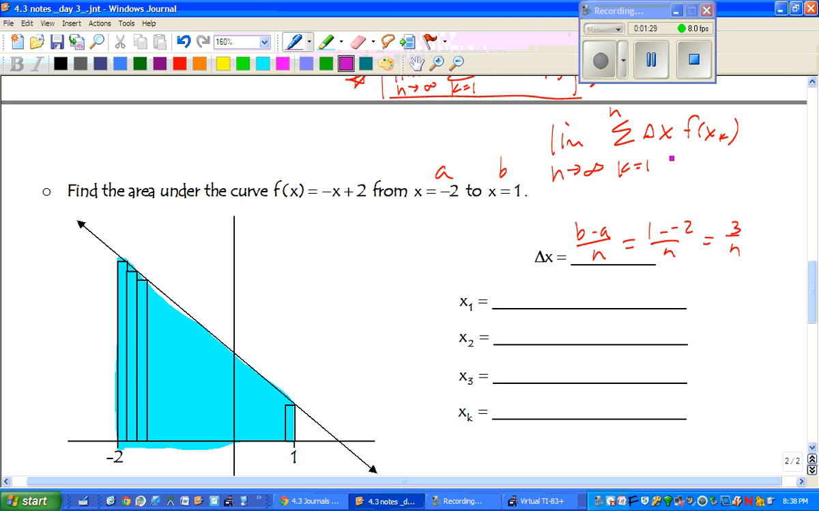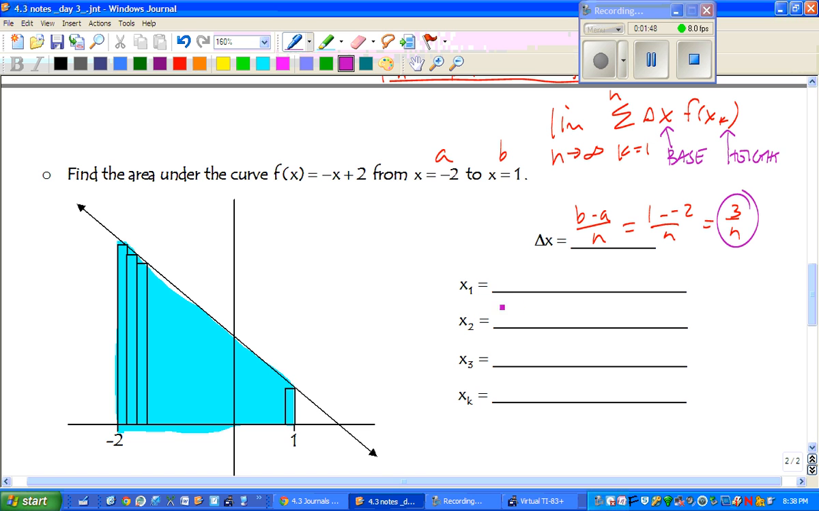Remember, all that is our base. And the f of x sub k is our height. Right? This sum is just the sum of all the areas of those rectangles, base times height. So we've got our delta x. The x sub k, sometimes it helps to work this out this way. You may not need to after a while, but we're starting off with negative 2 plus, since remember this is a right-hand endpoint,